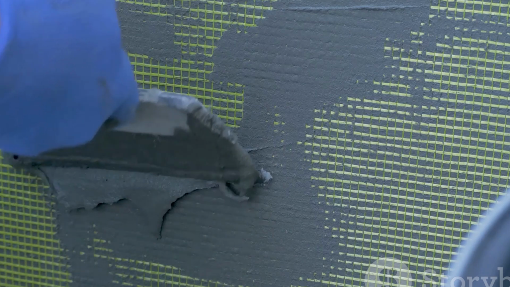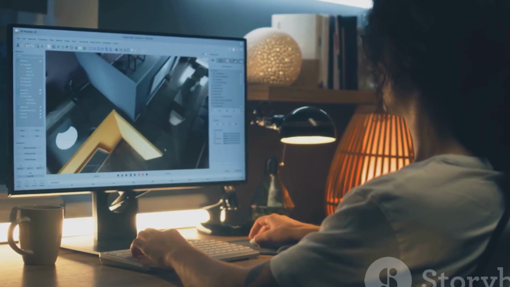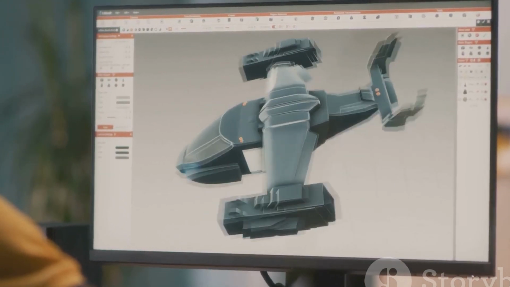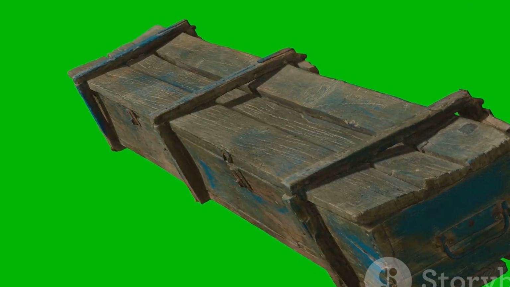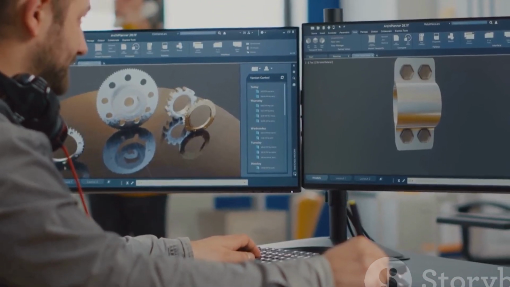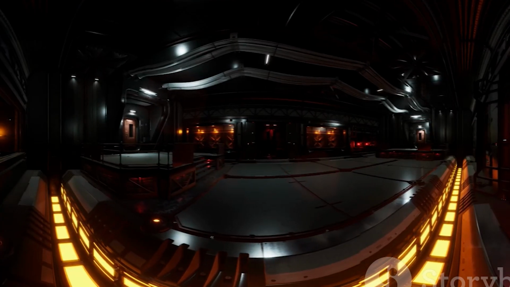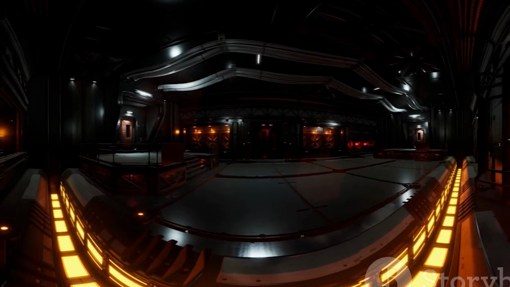Another important asset type is a texture. Textures are images that wrap around 3D models. They give the models color and surface detail. A plain wooden crate model might look boring, but add a wood grain texture, and it looks like a real crate. Textures can make things look metallic, rough, smooth, or shiny. They add realism and style. Materials are closely related. A material defines how a surface looks and reacts to light. It uses textures and many other settings to create the final appearance of an object.